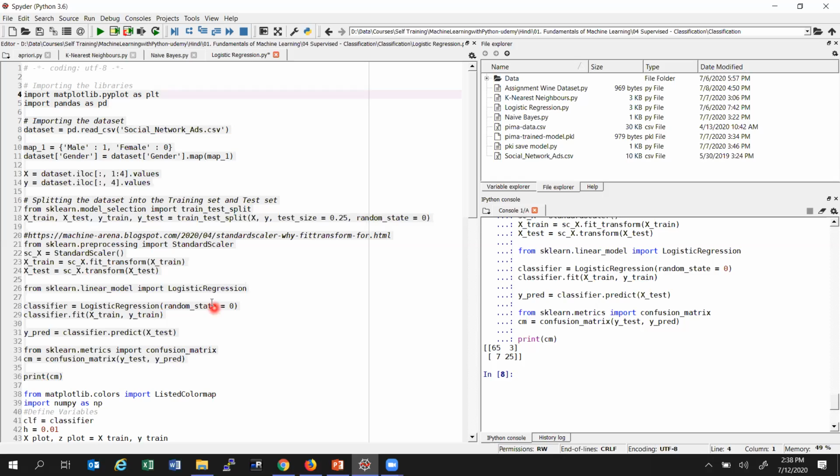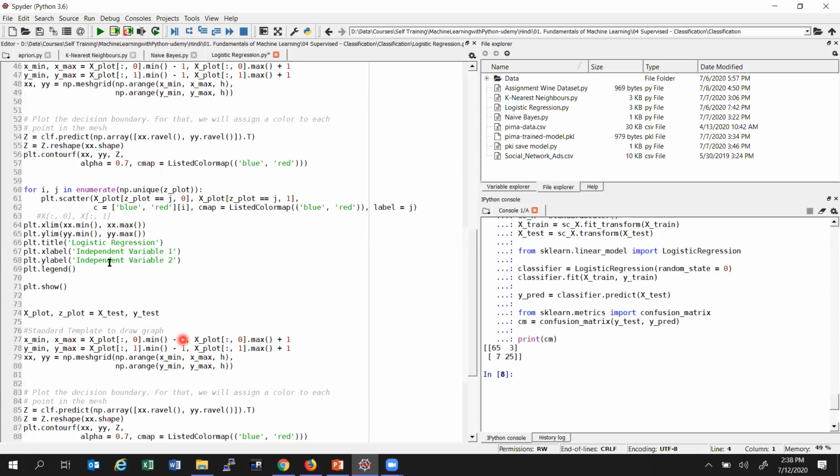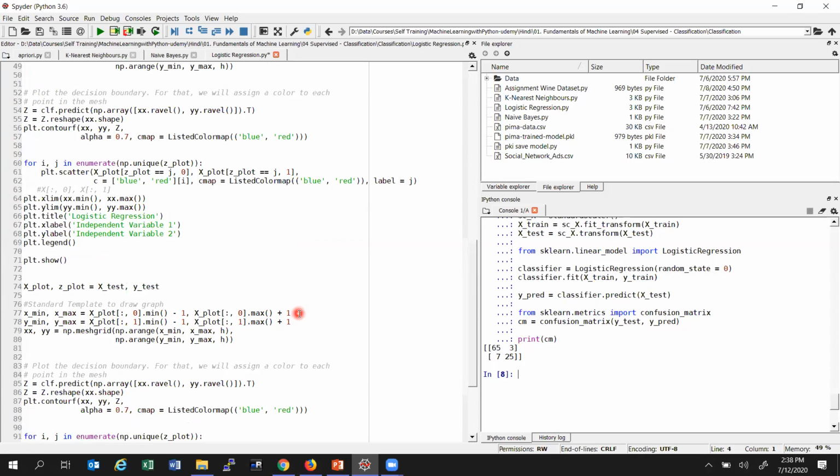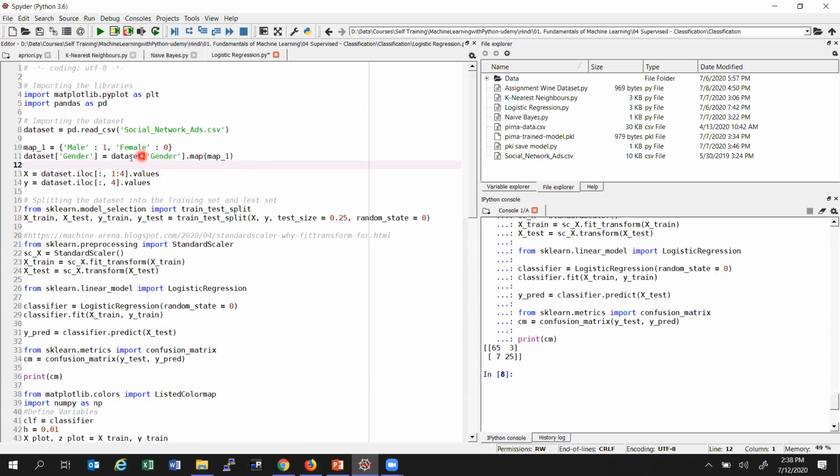But now we are having 3 independent variables, so I can't draw a 2D graph. I may need to go into a 3D model. You can give a try for 3D. Up to 3 independent variables you can take in classification, the way I draw the 3D model in your regression problem. You can try this also at home. Any question on this?